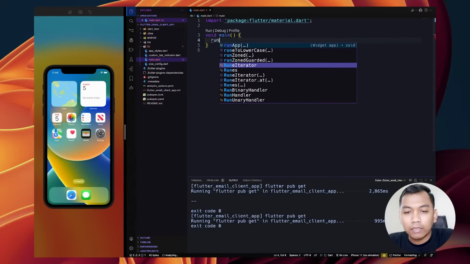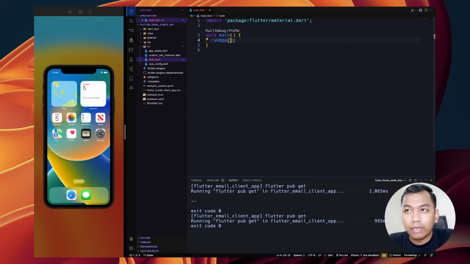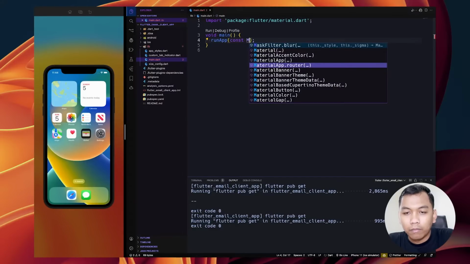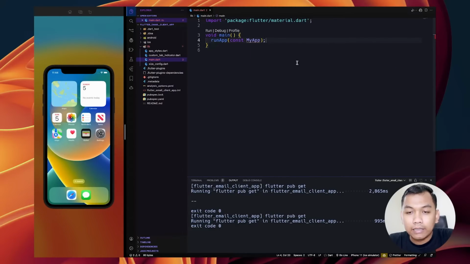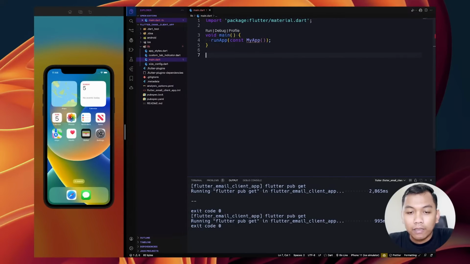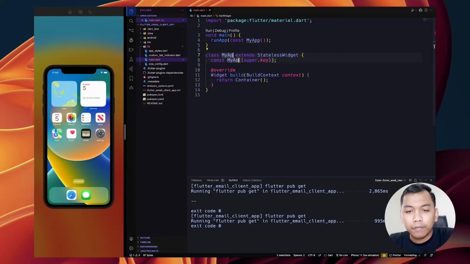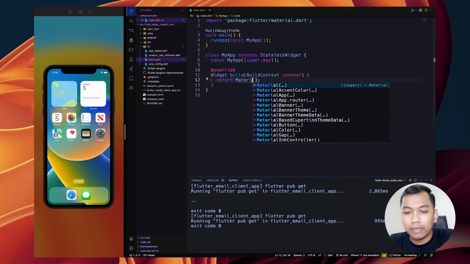Inside this main function, we will have runApp, and we will have MyApp inside this runApp function. So the next step, we will need to create MyApp, and for now let's make it a stateless widget, and our MyApp needs to return MaterialApp.